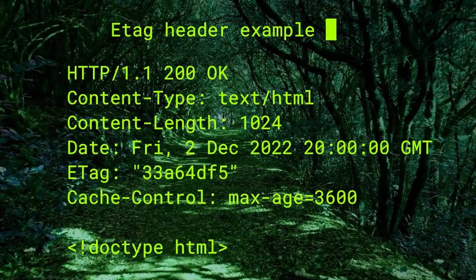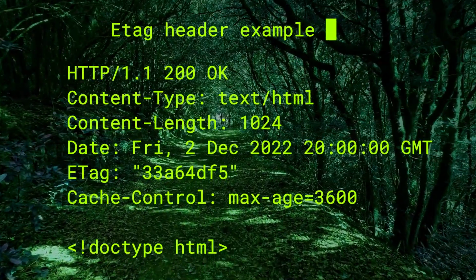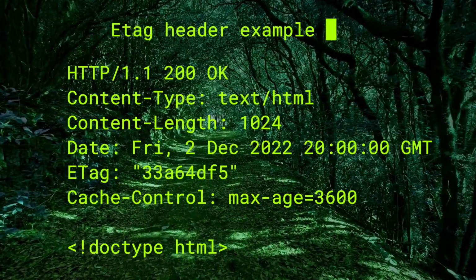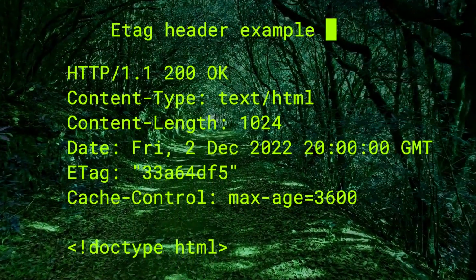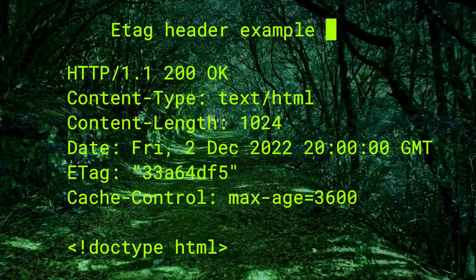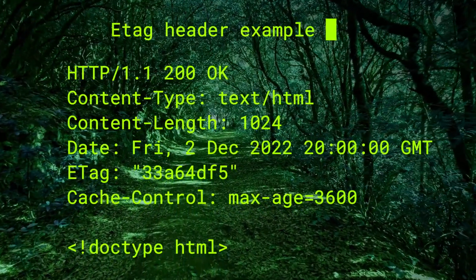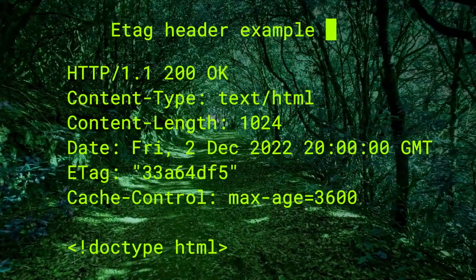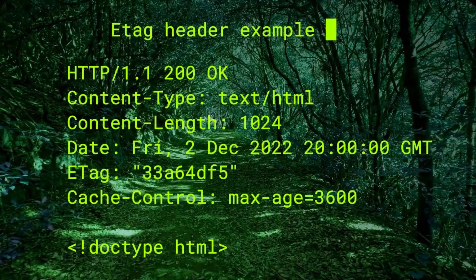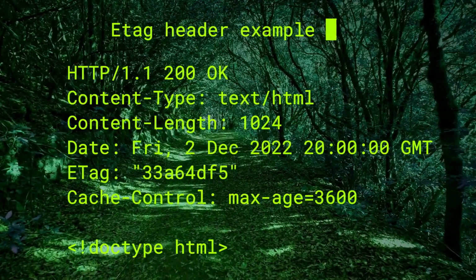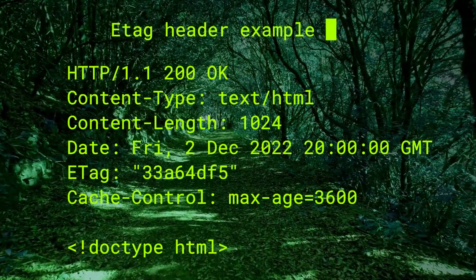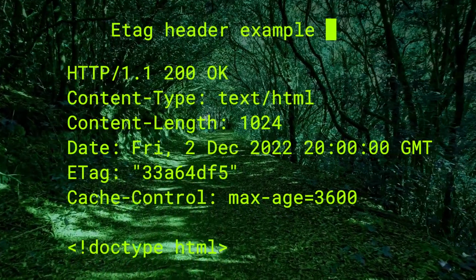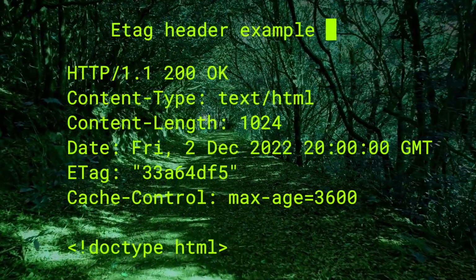The server will return 304 Not Modified if the ETag value determined for the requested resource is the same as the If-None-Match value in the request. But if the server determines the requested resource should now have a different ETag value, the server will instead respond with the new resource. If we don't want a response to be reused, but instead want to always fetch